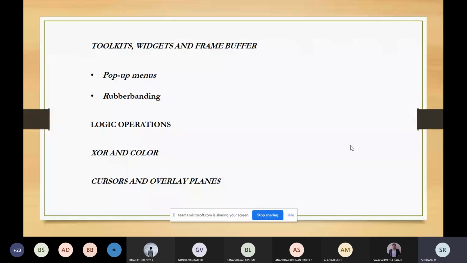See, you cannot always use polygons. Always the graphical objects will not be like a polygon. Sometimes the polygon will have some curves. So you should have some mechanism to draw the objects which are curved.